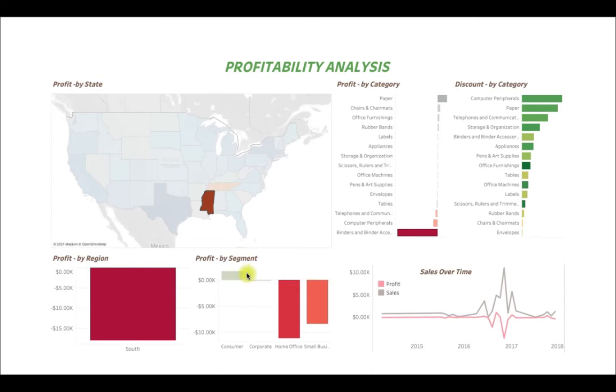So as a decision maker, you can at least derive these insights and then maybe make some strategy to take care of loss in this state based on the insights which we have just derived using the action filters. So action filters really make the end user go deeper into the data and ask questions, and then and there itself get the answers to those questions, like we just did in real time.